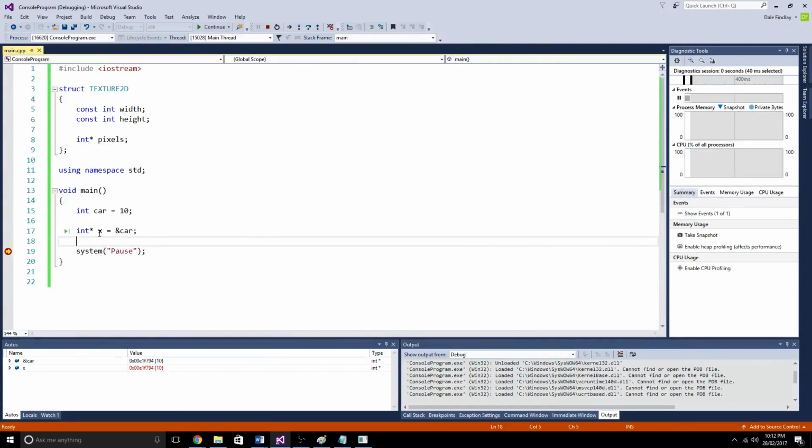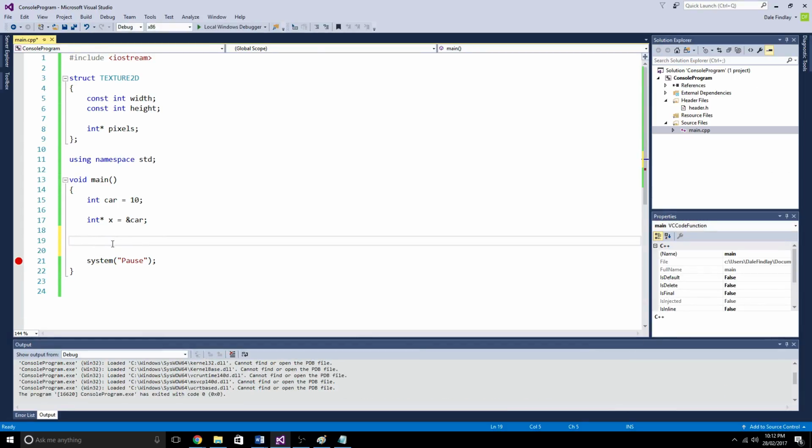So now we have this pointer to x. You're probably thinking, what the hell do we need a pointer to x for? We've got it right there. We can just type... oh, sorry. We've got a pointer to car. Why do we need to create an int pointer to car? That doesn't make sense, right? We don't need that. We can just type car equals 10, and not have to go, hey, x,